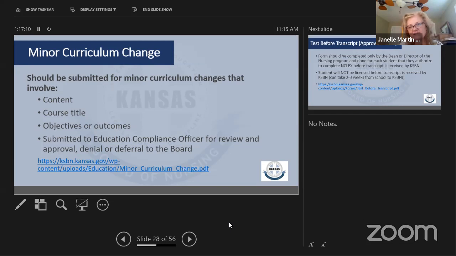We are going to try to get this changed to a more streamlined process like the FQR is, but again, we've got several things in the queue now, and we'll be getting there. But you can submit this one to me, because I will be doing the review of that, and I will also send you the review back the same way. So you need to keep those approvals for your curriculum, but I will send them back electronically, and you can just keep them with your documentation that way. The process has not changed, and the reasons for them have not changed.